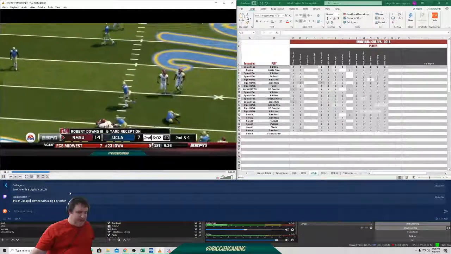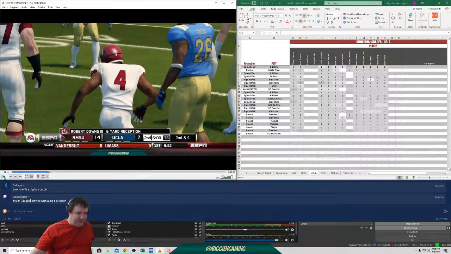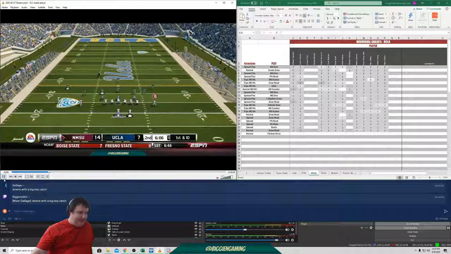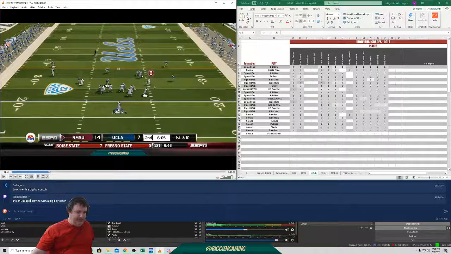The reason you don't want him to come inside, okay, especially if they're playing zone, is if I decide to throw this route, okay? So you guys are learning some terminology, some things. Okay, let's say that I decide I'm going to actually throw this route. Not this route, this route, okay? Yeah, that's a bad throw leading him into the hit. Gotta stay flatter, okay? I don't like this route either.